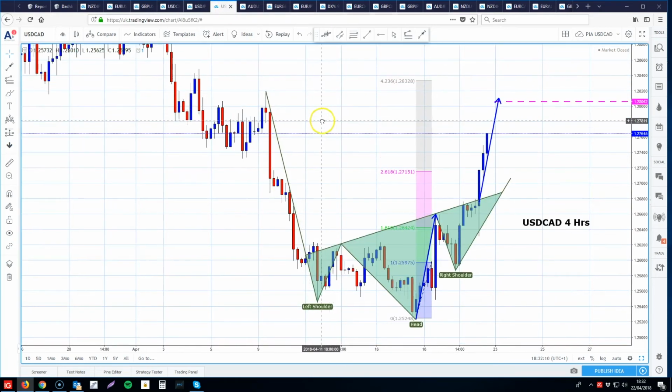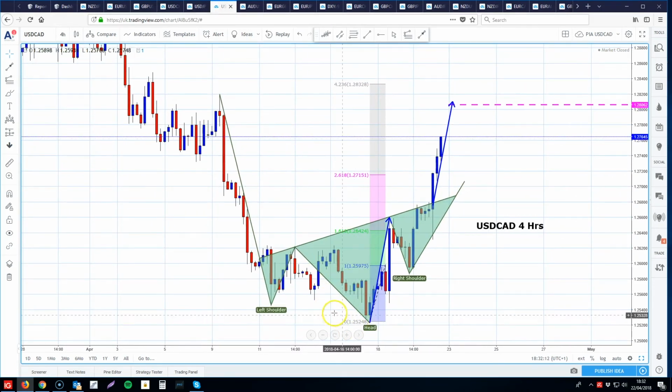Dollar CAD, an aggressive move to the upside. It's broken through a bullish head and shoulders formation. The measured move for this time frame is here, which is 128.09. We've got bespoke resistance at 128.05, so we're looking to actually take some profit on our long trade, which we're actually long at 126.30 on our medium-term call, around about here, and then we're going to look for a